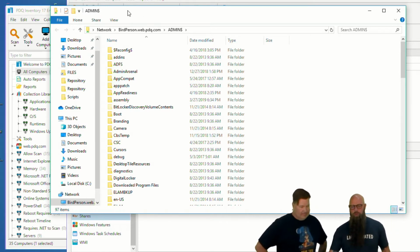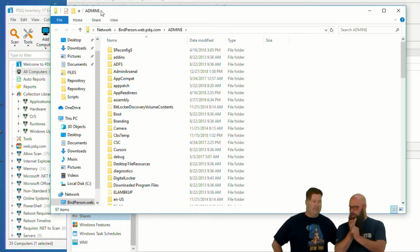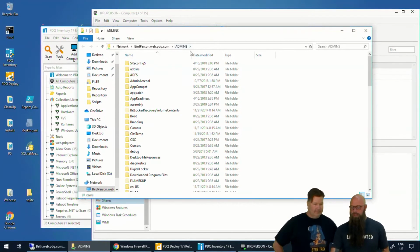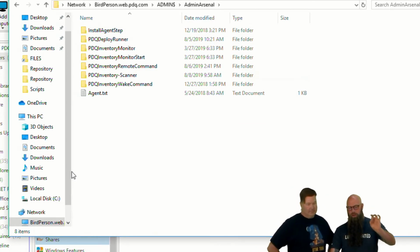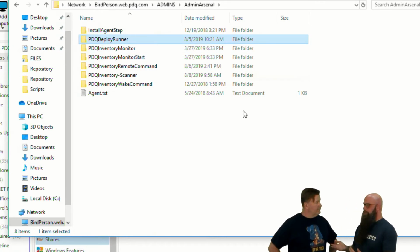So when we make a connection to a target computer for a scan or for a deployment or running a tool or a remote command, we connect by default to Admin$, and then we will create the Admin Arsenal directory, no space, on the target computer. And you'll see there's a bunch of directories here if they don't exist. For example, the PDQ Deploy runner, this is the directory for